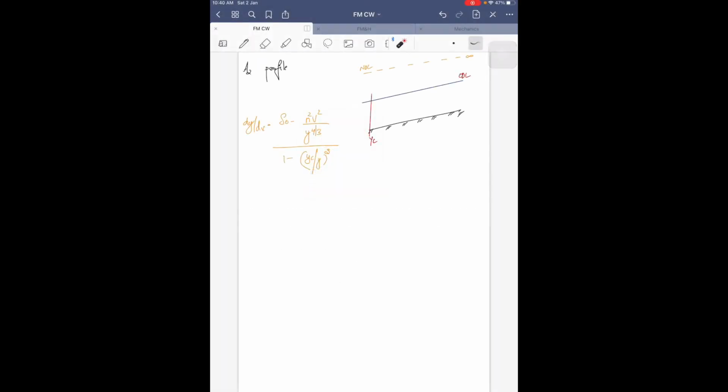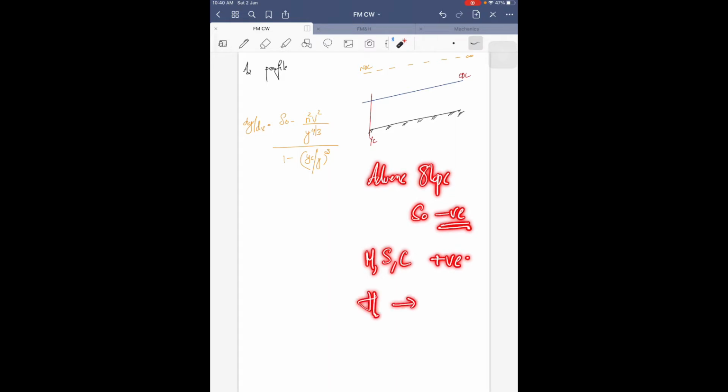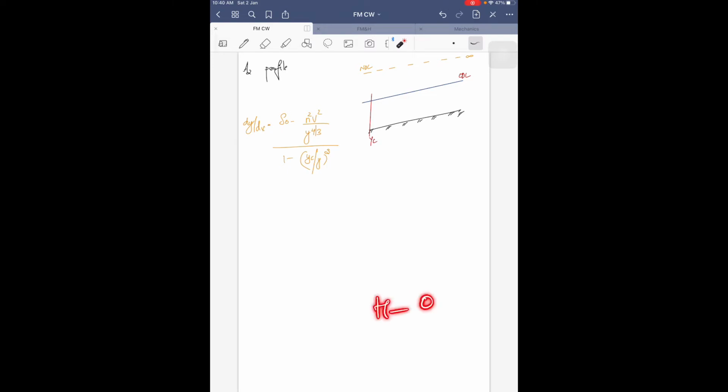Hello friends, now we shall see the characteristics of gradually varied flow surface profiles in adverse slope. What you have to remember is that in the case of adverse slope, the slope value is negative. In the case of mild slope, steep slope and critical slope, the slope value was positive. In the case of horizontal channels, the slope value was 0. But in the case of adverse slope, the slope value will be negative. That is something that you have to remember.